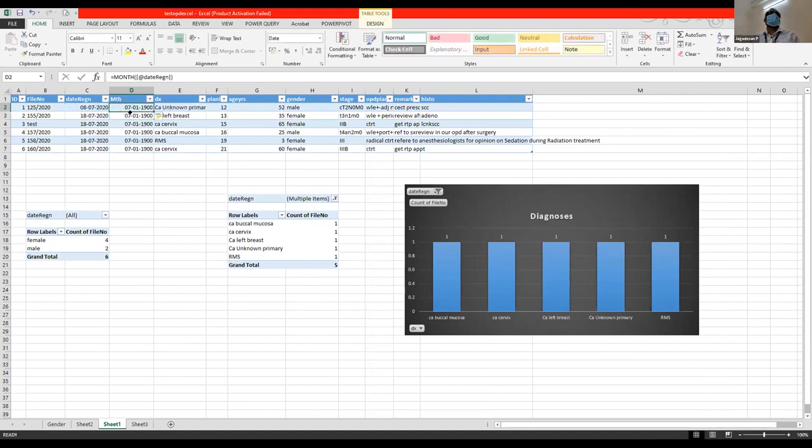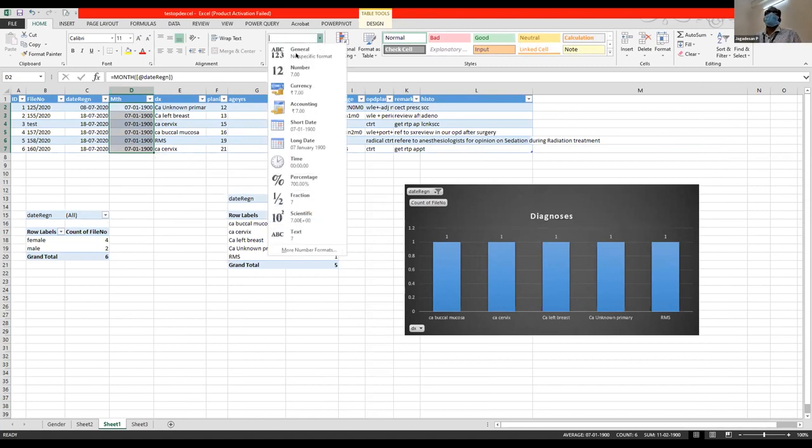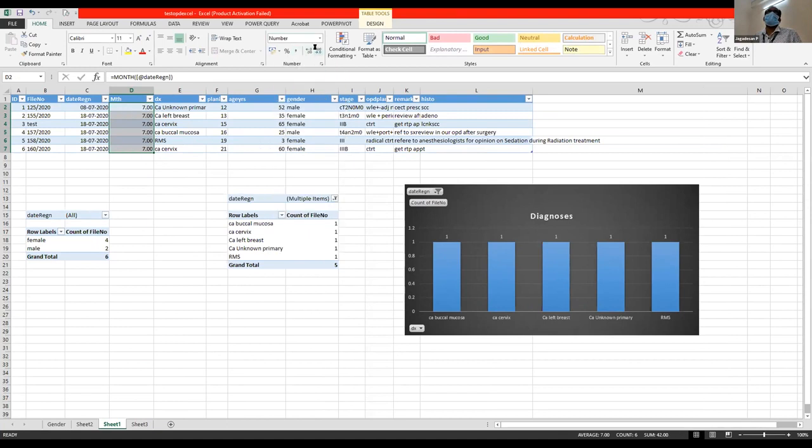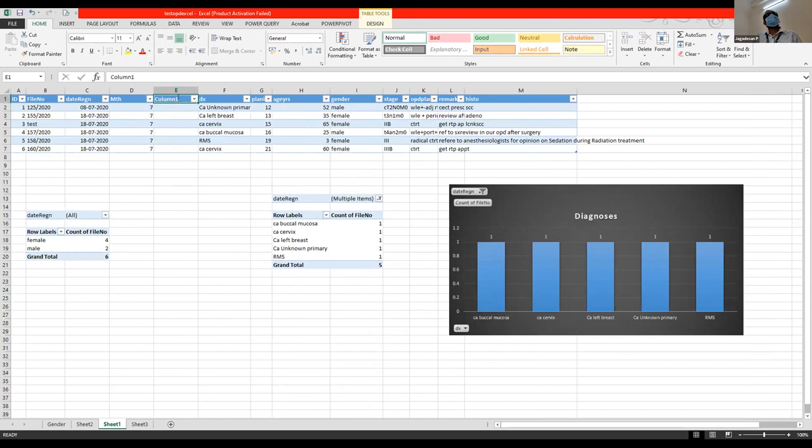I say okay. The default format is recognized as date, that's why it is showing up as a date, but this is actually a number format. So change it into a number format and remove the decimals by clicking all this stuff. Now we've got this 7th month. So all the patients were registered in the 7th month, on a particular day. That's what it shows. Similarly, we can extract the year out of this particular date. Go to this, rename it as year. Year is equal to, put it on top, then say year and select the date. All right, so you got the years picked out here.